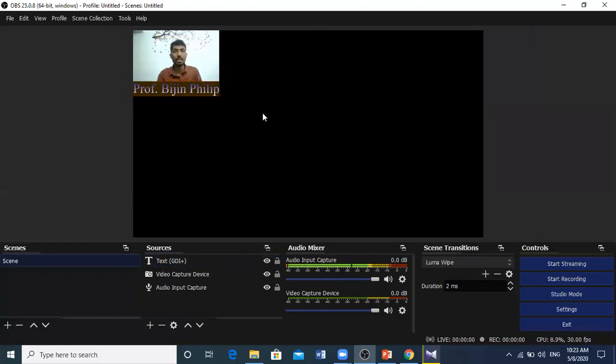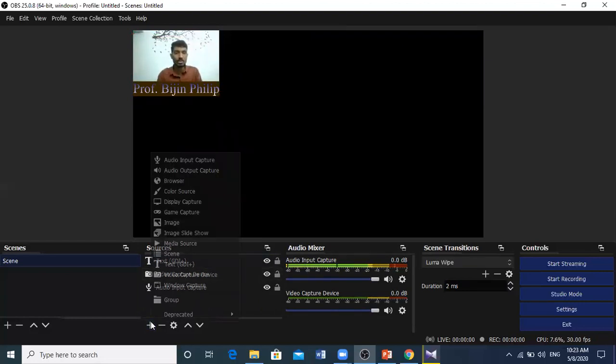So now finally, what we have to include. Here you can see that in this area you have to bring the display capture functionality. Whatever is displaying on the display, we have to capture. Now you can see that here there is an add button, and here you have display capture. In the same way, one more option is there, Windows Capture.